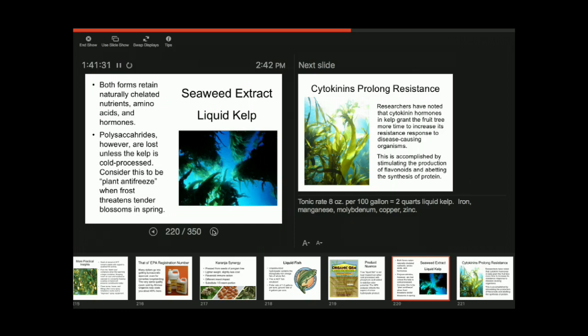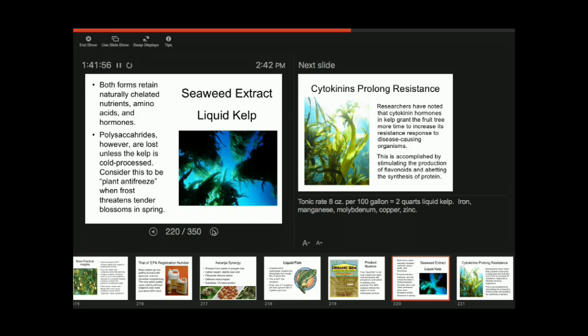So this is complex sugars that are in the kelp plant. And the value of liquid kelp is in spring during blossom time. So there'll be nights where not just a frost, but the weather people are talking about a freeze, a light freeze. At 28 degrees,